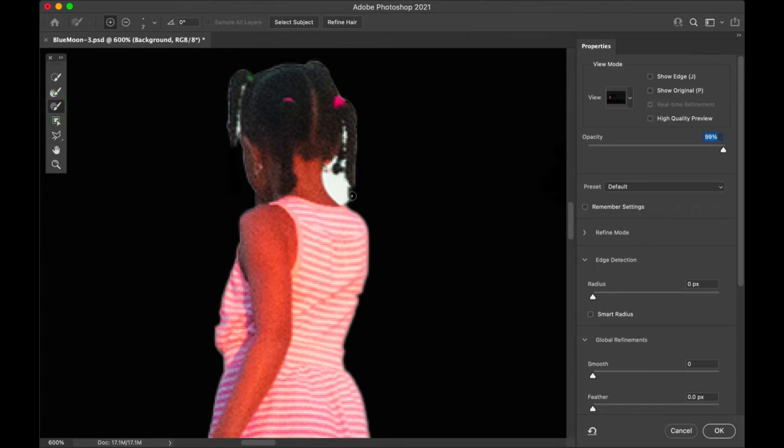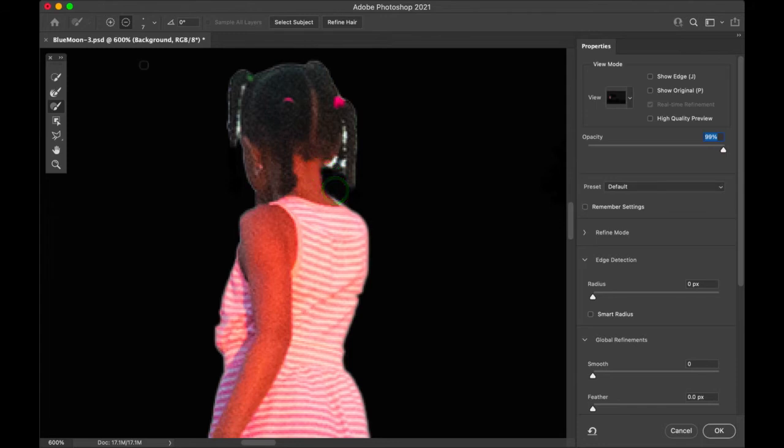It's going to paint with white and black on the mask. And remember that white reveals and black conceals. So we want to paint with black, which is taking away from the selection. So I'll click on that minus, and then I'm going to click and drag in this white area just to remove some of that from the selected area. I won't try and go crazy here, but I'll take away most of that white